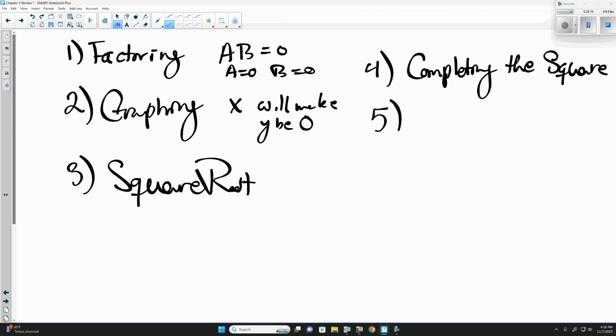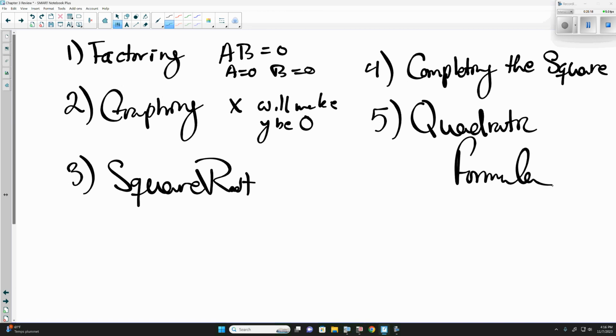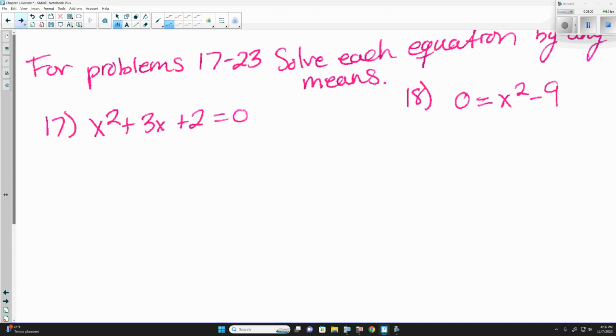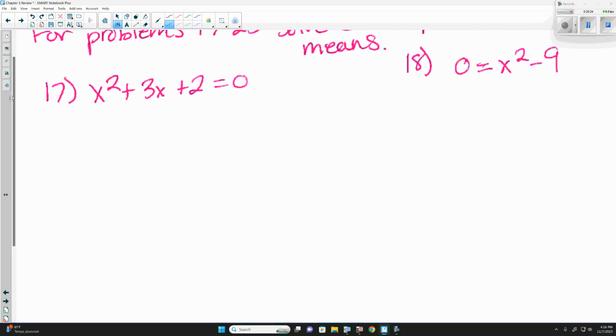And the last method is the quadratic formula. And we could use any of these methods for these next set to solve. So our x squared plus 3x plus 2, if we wanted to solve this by factoring, first thing we would